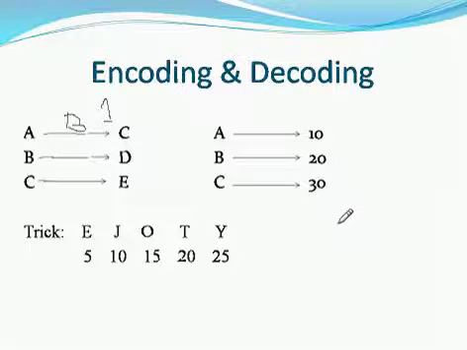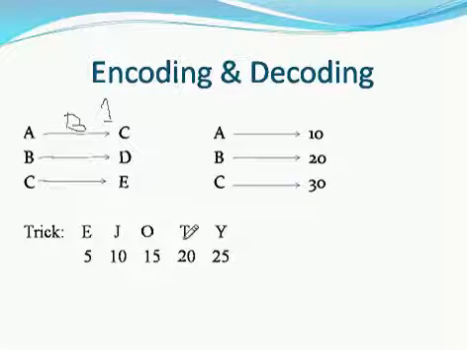One of the tricks which I will tell you, and why this trick is needed: suppose you want to count till S. What is the position of alphabet S in the A to Z alphabets? A common person will start with A as 1, B as 2, C as 3, D as 4, E as 5, and so on, and he will reach S. It will take time. Again, if I tell him to count till P, he will start from A, B, C, D till P. That will consume time and it is a waste of time during your exams. So this trick is useful for that.